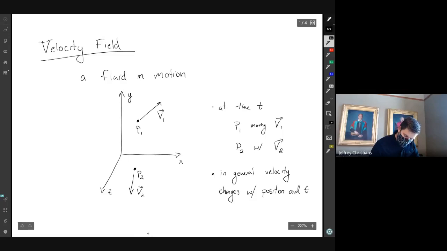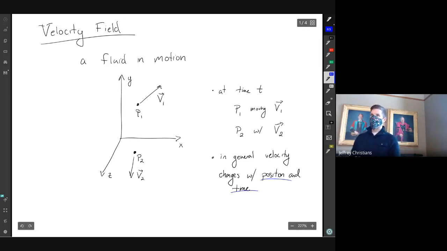And time. Okay, and these are really the two crucial things, position and time. If you look at fluid motion, where you are matters and time matters, right? If we looked a little bit later, maybe this is a fluid all mixing up crazy. If we took a snapshot, we say, okay, how is it moving right now? Take another snapshot, it's moving a little bit differently.